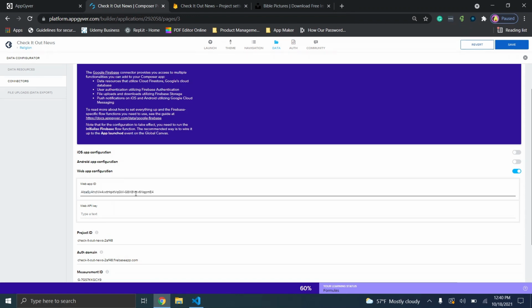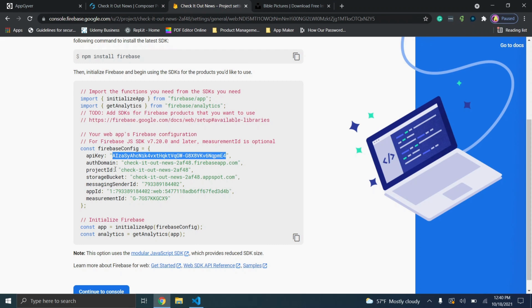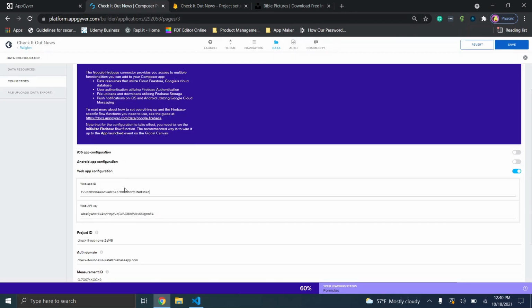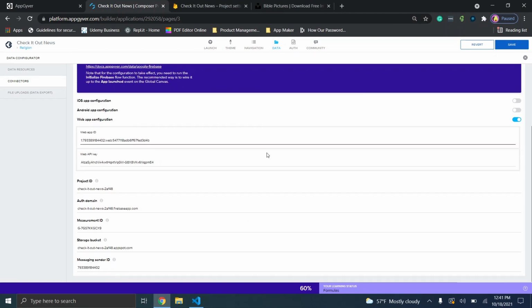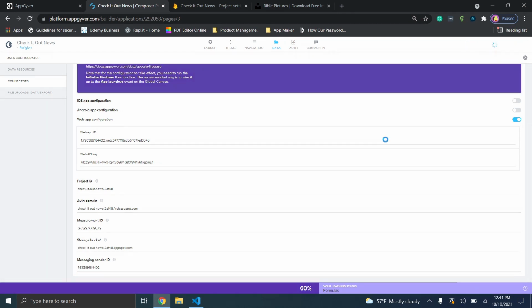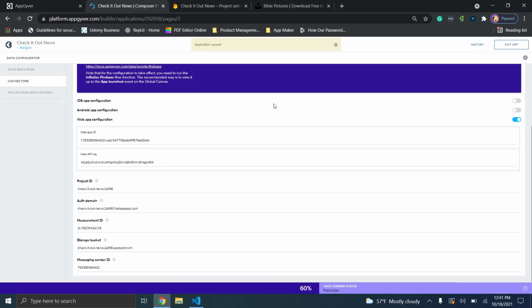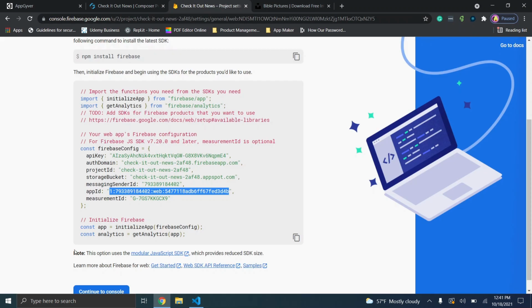So we're going to put the API key here. Then we'll do the web app ID next. And then these are typically going to be in here. You just kind of have to match up the names, and you're only copying what's in between the double quotes. So web app ID here. So this has essentially been set up. We have all of this information. So we're going to save real quick. And then I'm going to walk you through, if you want to set up Android and iOS,